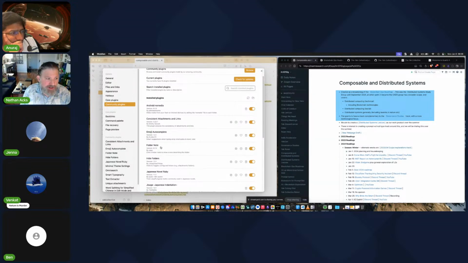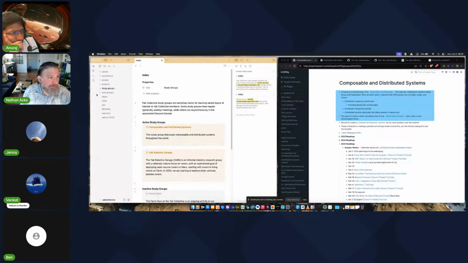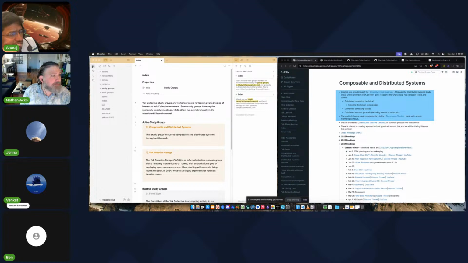We have emoji functionality. Folder notes makes Obsidian work like the website. So what that does is means that if I click on study groups, rather than it expanding the page, I actually get the index page for it. So that's what that gives us. Hide folders makes this interface a little bit nicer.